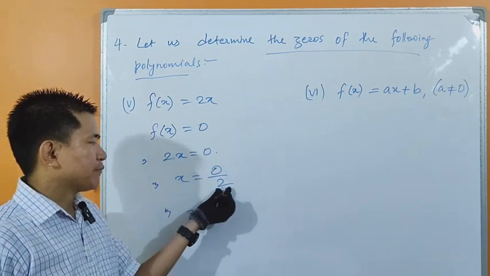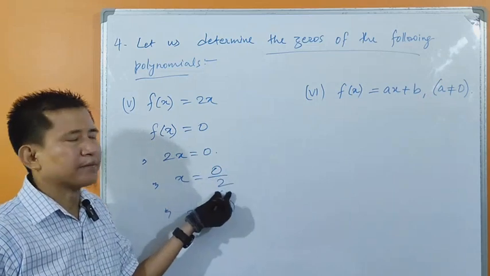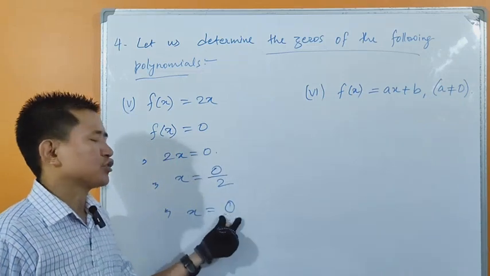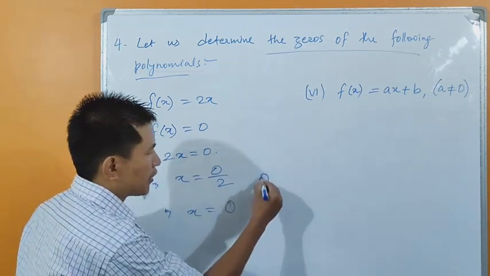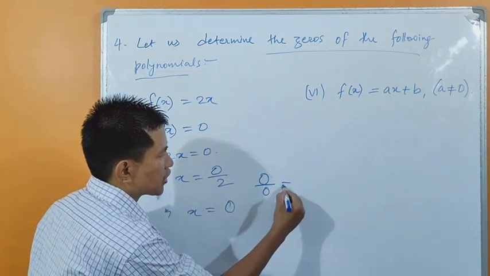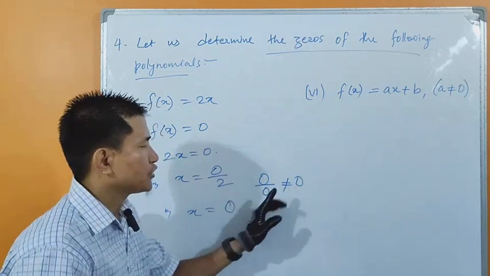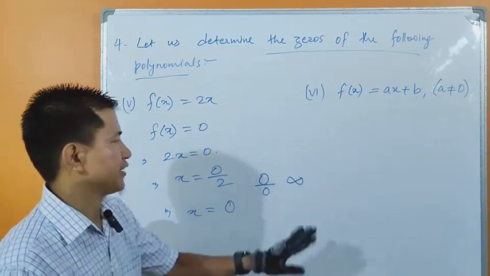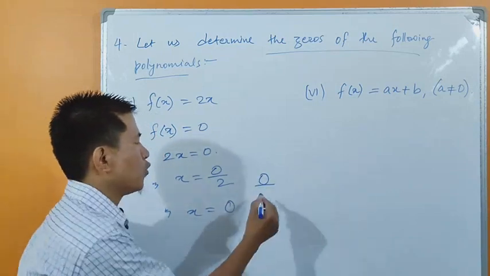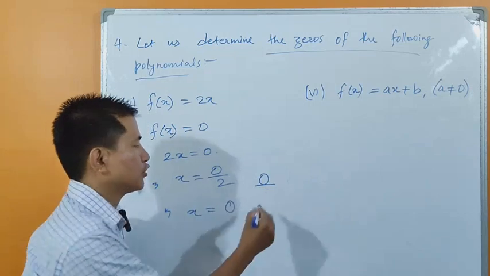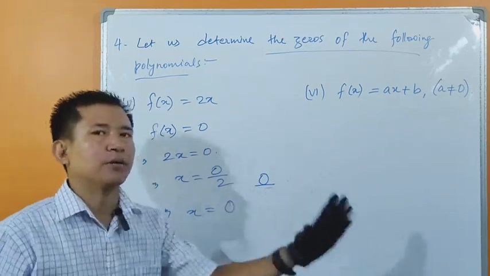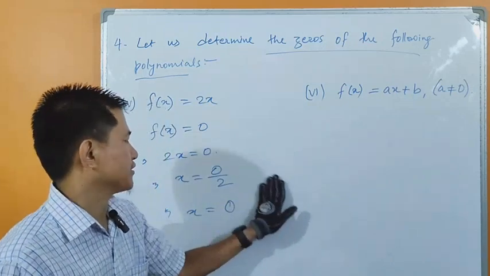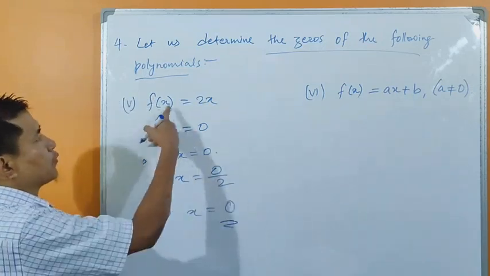When 0 is divided by 2, or 0 is divided by any other number other than 0, then the answer will always be 0. But remember, 0 upon 0 is not equal to 0, okay? 0 upon 0 is undefined, okay? 0 upon 1 is 0, 0 upon 2 is 0, 0 upon any number is 0, but 0 upon 0 is undefined. Please remember this, okay? So the zero of the polynomial is